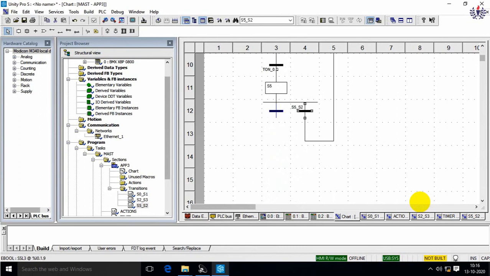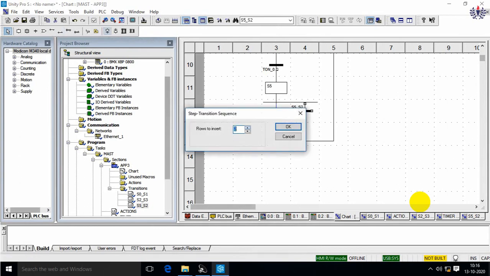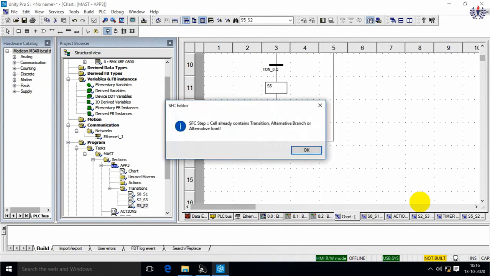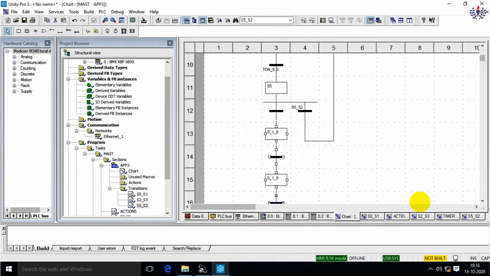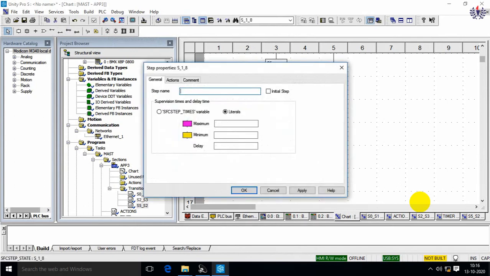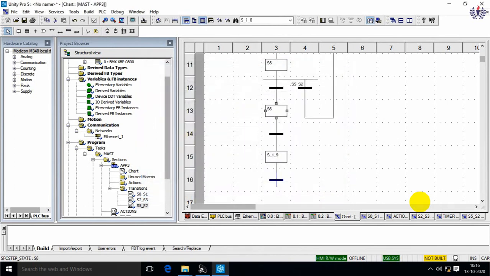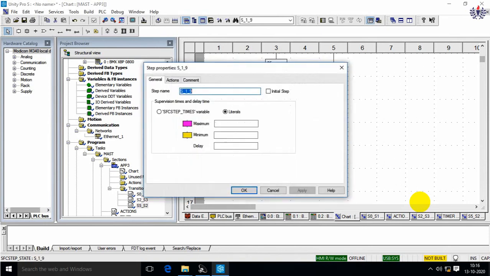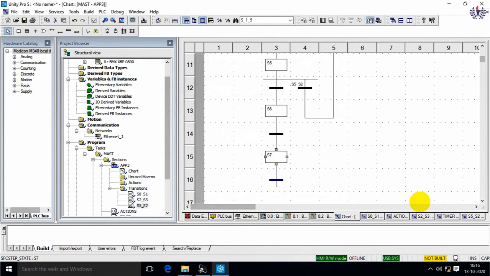For that I have to write a transition. So here, up to 5 I have used, so 2 more I will use here. 1, 2. I will drag and drop here. Here I am going to rename it as step 6. Already 5 is given, so step 6 I will take, and this one I'll take as step 7. I've given both the steps. In the steps, this one I'll give as a transition. Here, transition will be happening from step 5 to step 6.